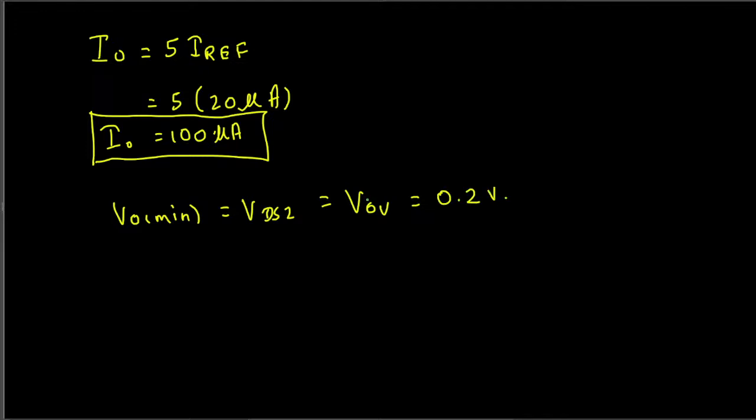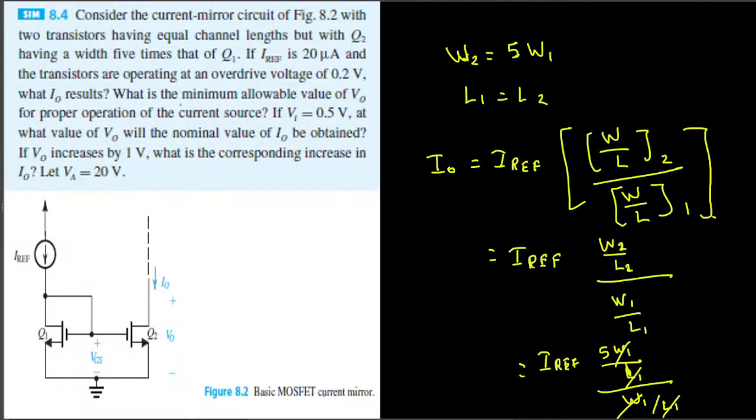Okay, so that is one question: what is the minimum allowable V0 for proper operation of the current source? And the next one is asking, if Vt is equal to 0.5 volt, at what value of V0 will the nominal value of I0 be obtained? At what value of V0 will the nominal value of I0 be obtained? Okay, so to find this one out,